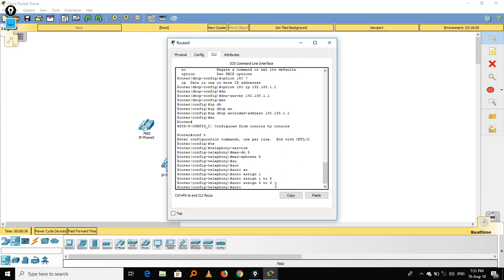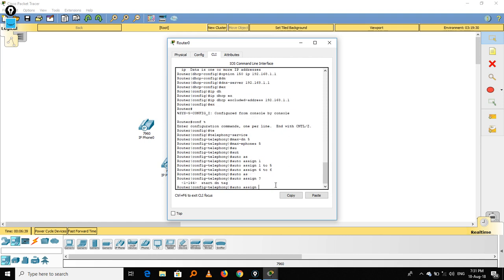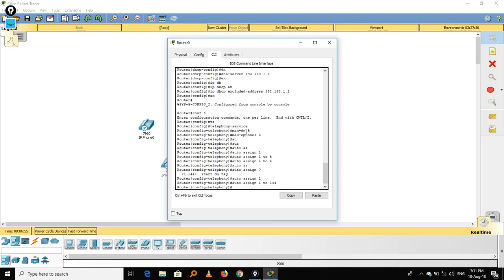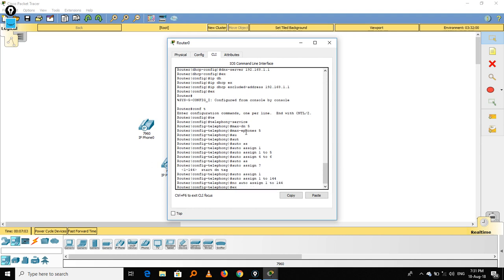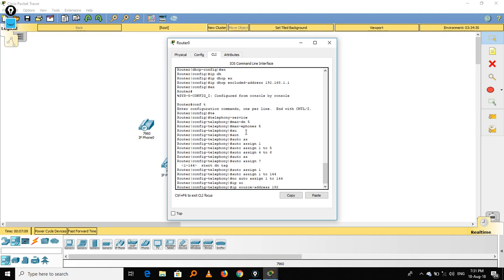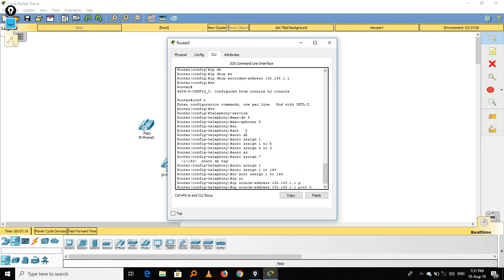When you come to auto assign here and type in a question mark, it will show you a range of numbers. The range must be from 1 to 144. You can still go ahead and say auto assign 1 to 144 and then hit enter. Still it can accept that range, but I don't need this. Then I go ahead and type in IP source address 192.168.1.1, then the port number, which is 2000,